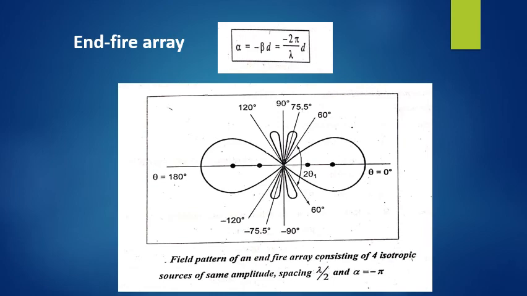When we get the directions by using the formulas, as in the case of broadside array, we get the maximum radiation along the array axis, that is 0 and 180 degrees, the direction of maximum radiation for the minor lobes as ±75 degrees, and the null directions as ±60, ±90, and ±120 degrees.